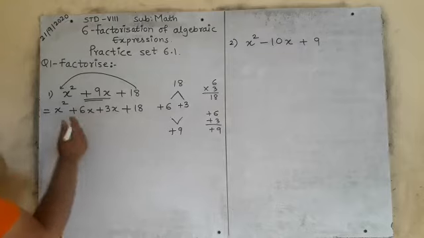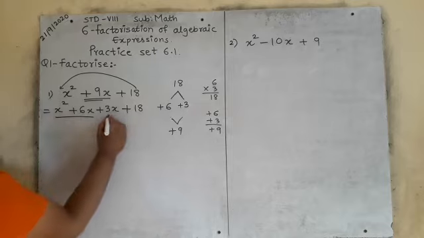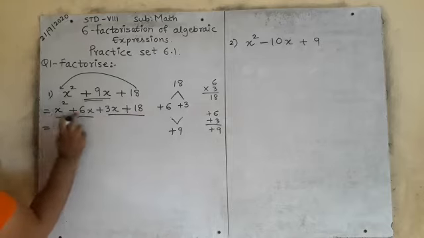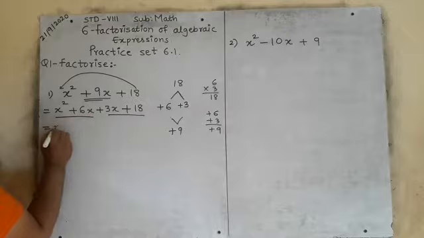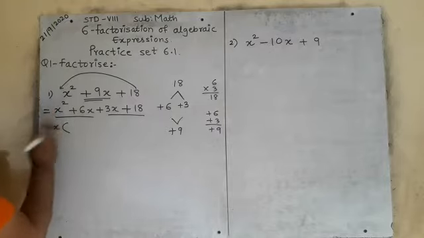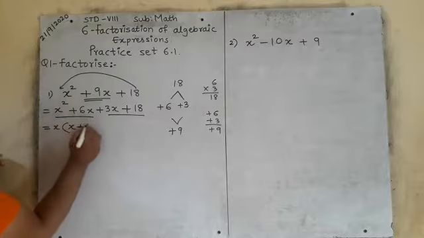Is it clear? Now what you have to do, you have to find the common between these two, then find the common between these two. What is common here? Can you see, x is here, x is also here. So x is common. How much remains from here? Here x square means 2 x's were there, 1x is taken out as common. So x remains. What is the sign? Plus. What is here? 6.